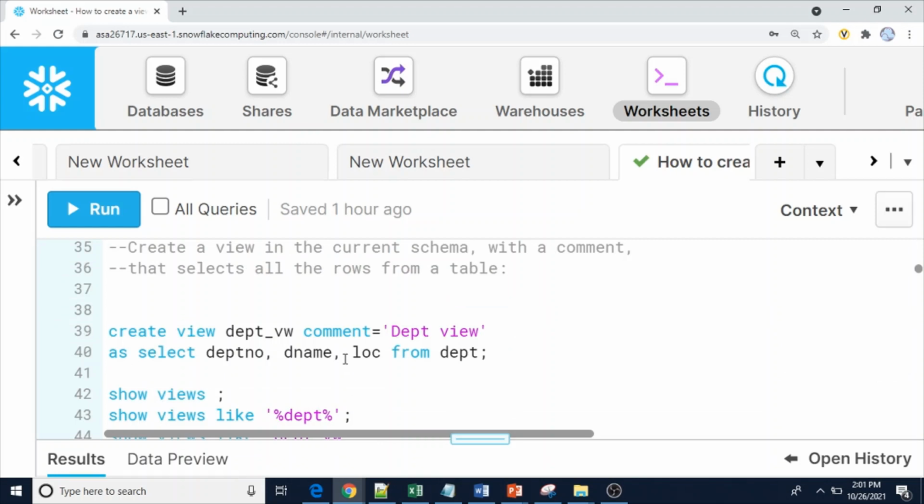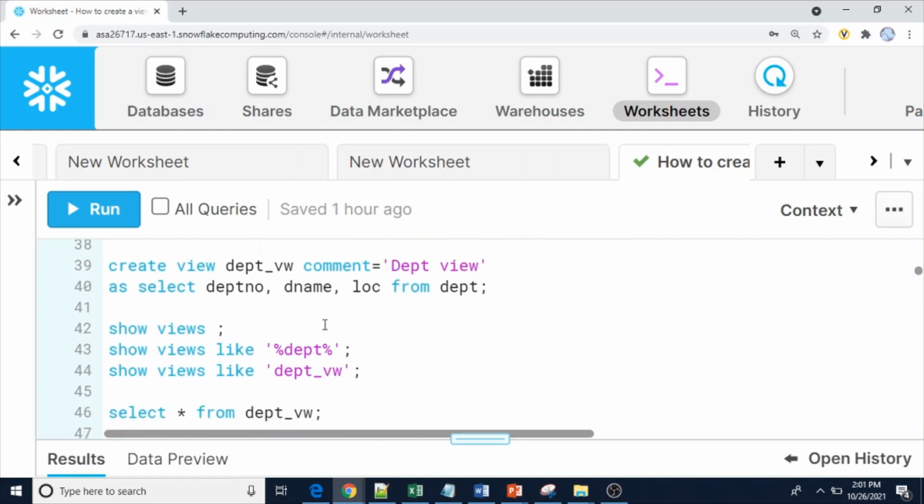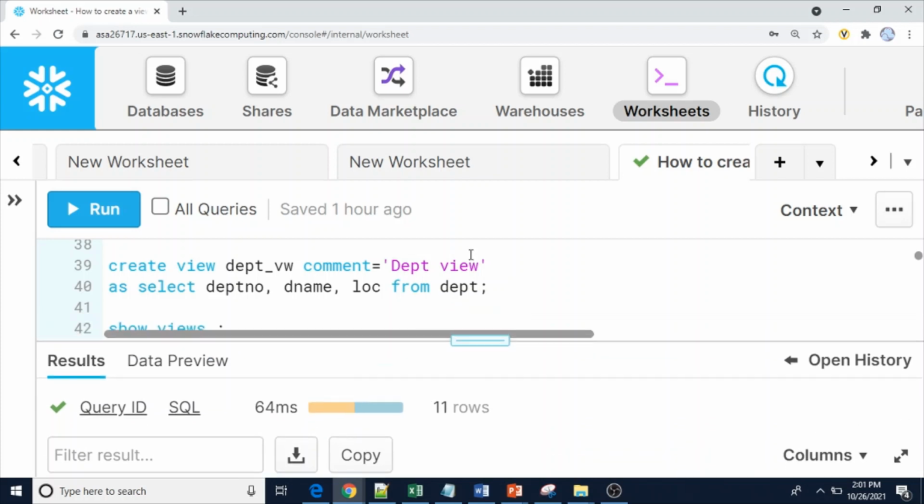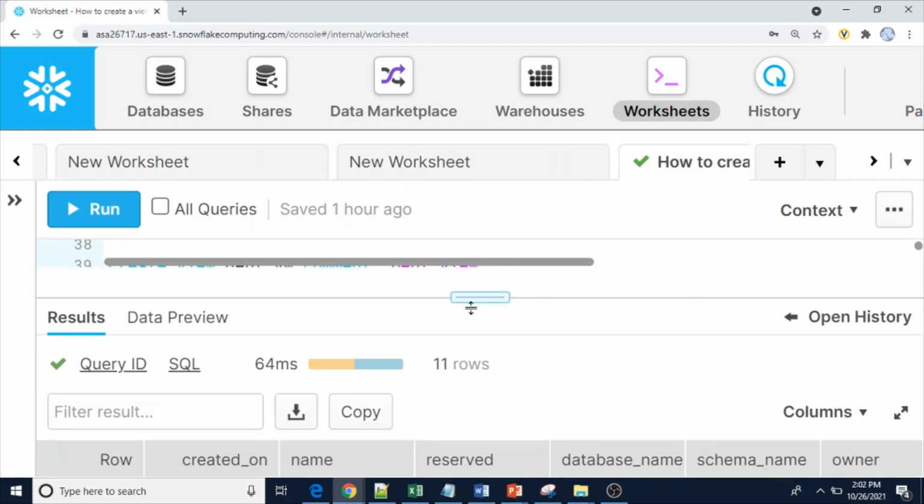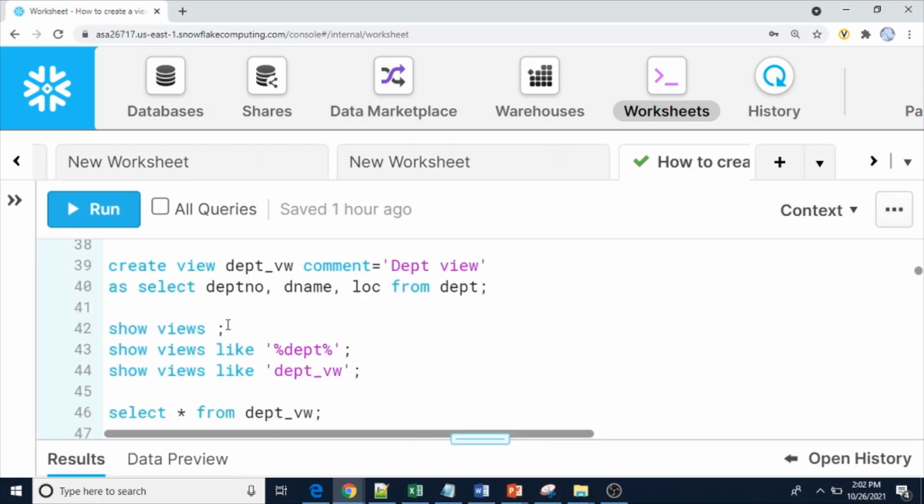Now if you want to see the metadata information about this view, you just use the SHOW VIEWS command. It displays all the views present in the current schema, because I have already set the context.